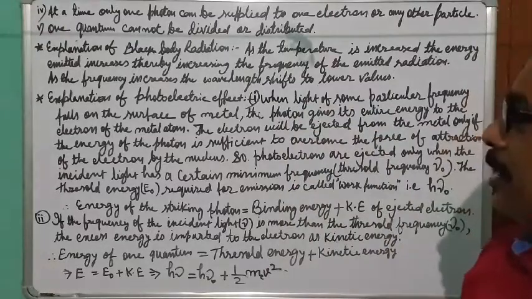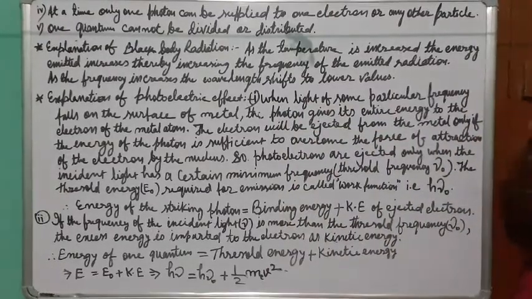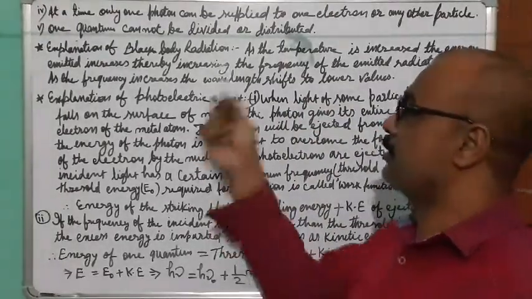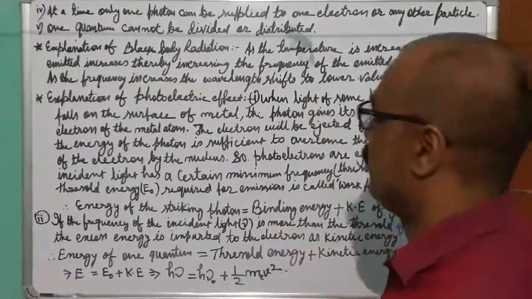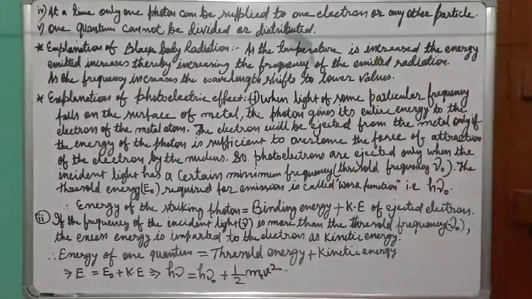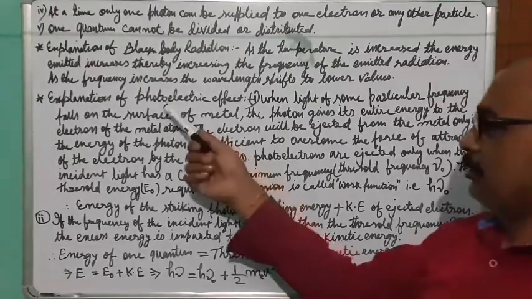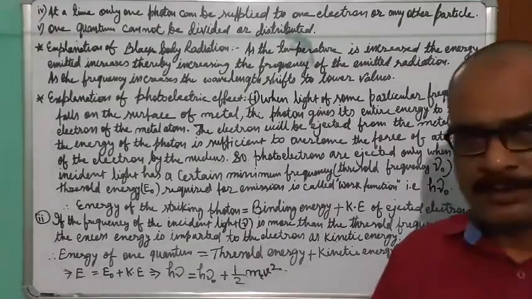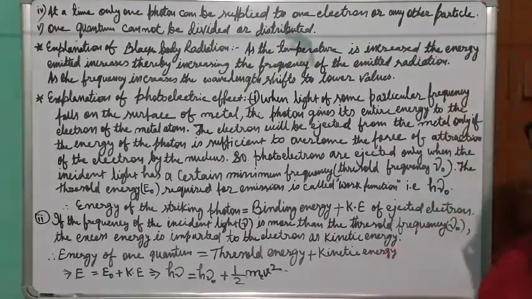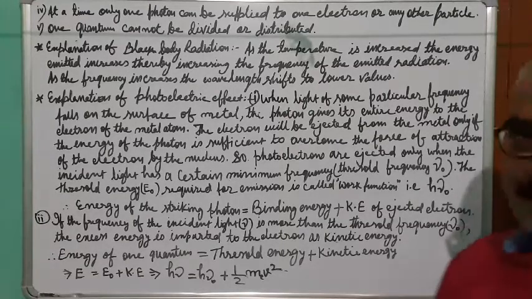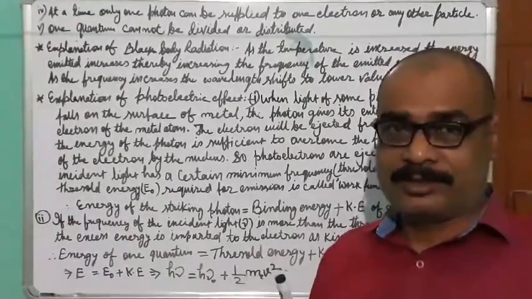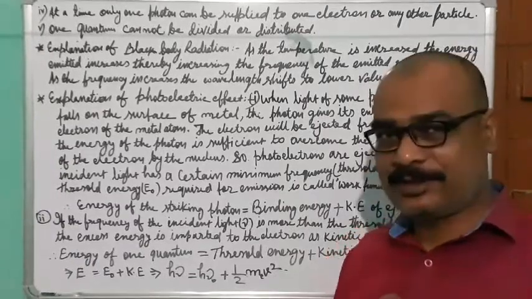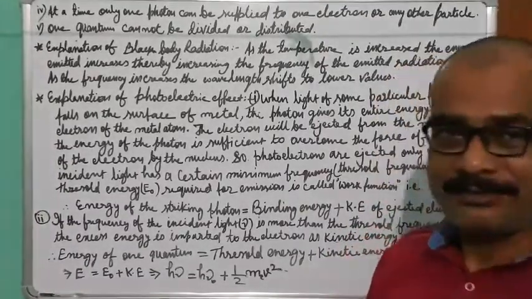So okay, now you have understood how this black body radiation works and how Planck's quantum theory explains the black body radiation. Now we will discuss the photoelectric effect, the explanation of the photoelectric effect. We have already discussed what the photoelectric effect is. When energy falls over a metal surface, it absorbs the energy and releases the electron. This is called the photoelectric effect.